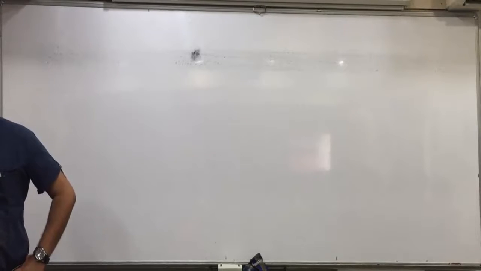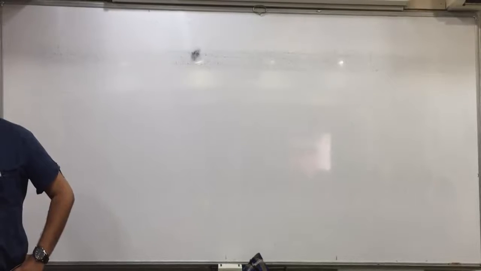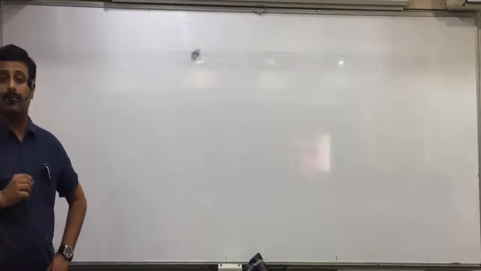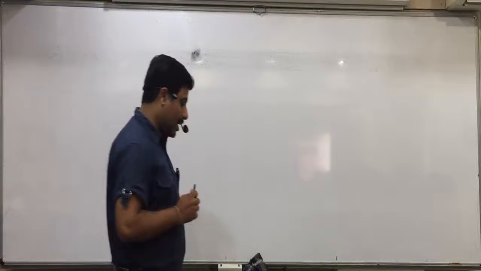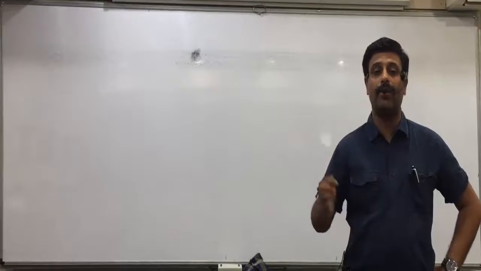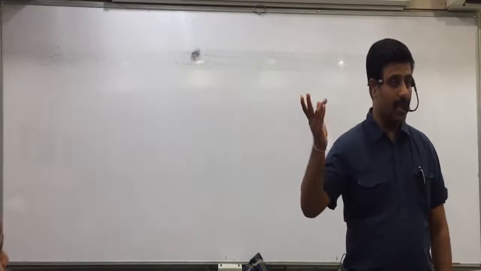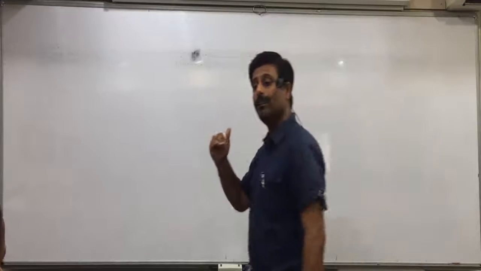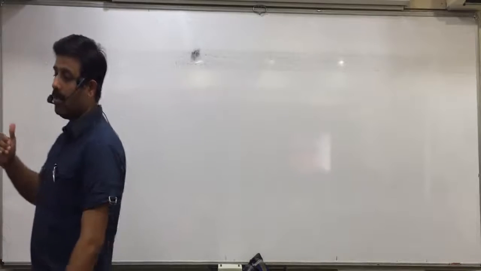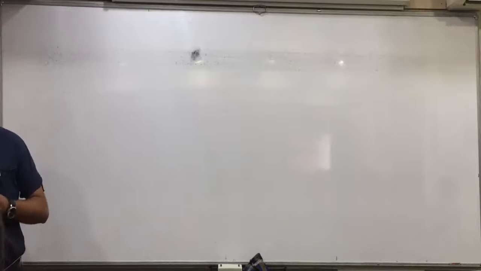Now raise your hand, what is cumulative frequency? Prachi? Adding up frequency from low to high and high to low. Correct. Adding up of frequencies up to a particular value of variable is called cumulative frequency. Now there are two types, less than type and more than type. In less than type you add from top to bottom, and in more than type you add from bottom to top. Okay.